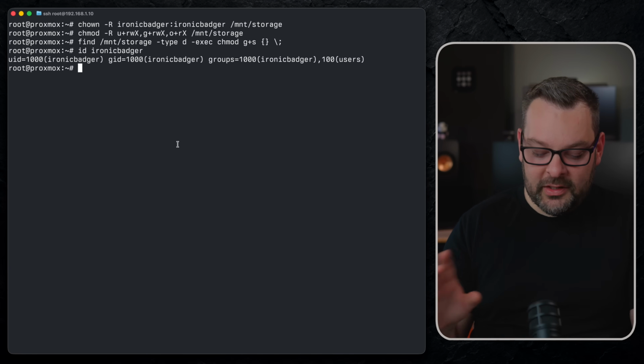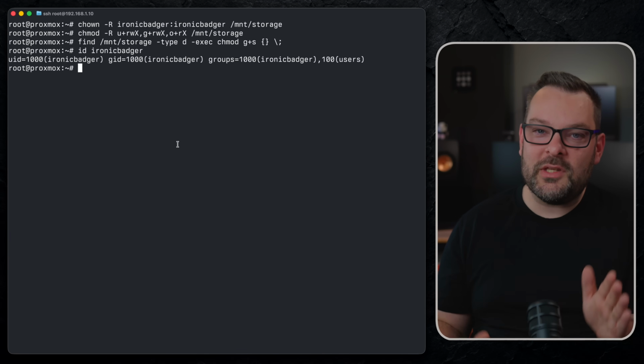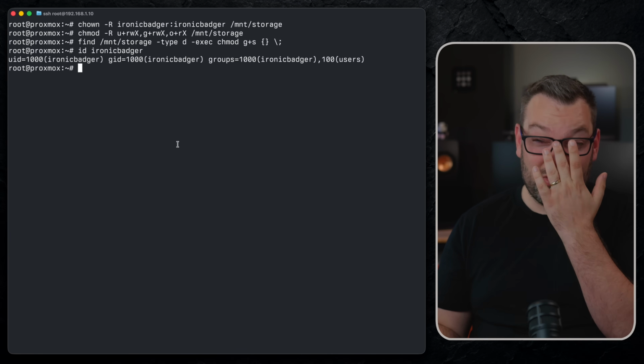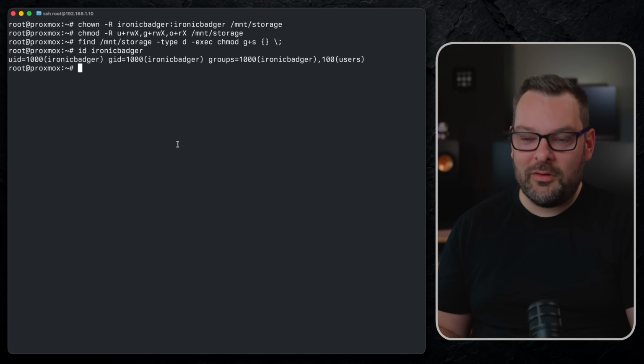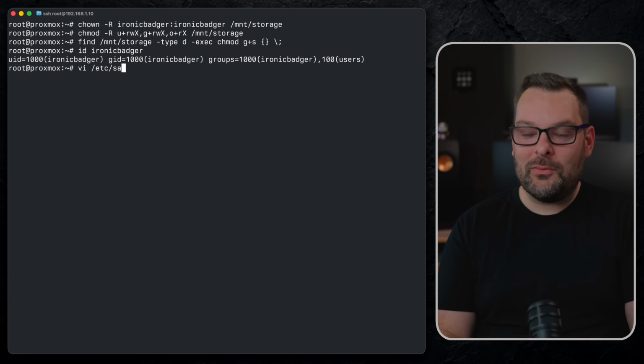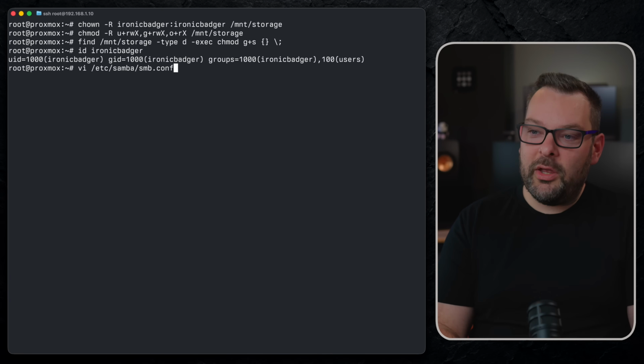This is getting into quite advanced territory, and permissions can be really confusing, particularly as a newbie, which is why I kind of have steered towards root for so much stuff so far in the video. But with Samba, it is kind of unavoidable to create a user. So that's what we're doing here. Now we're going to create this file here of /etc